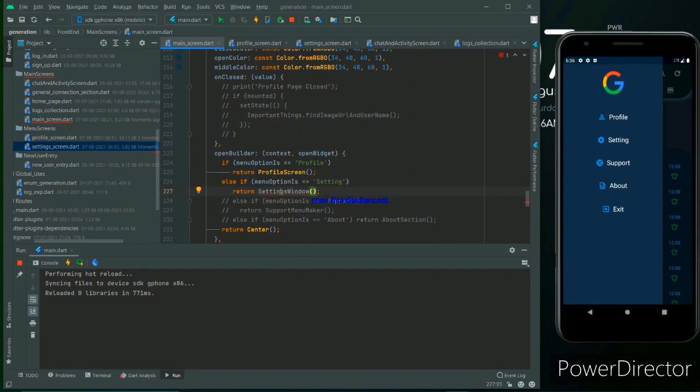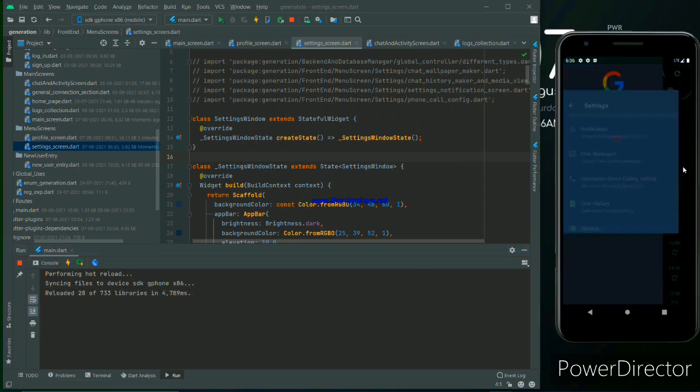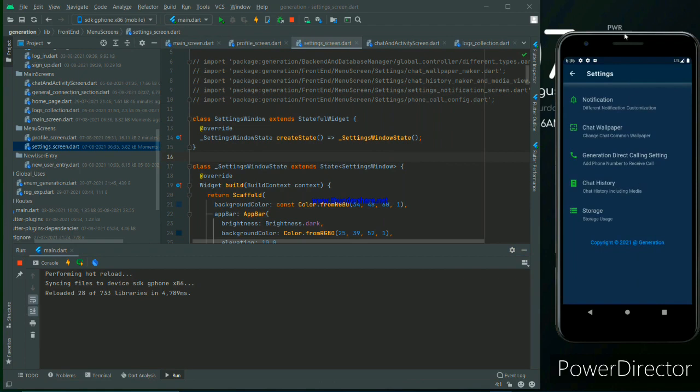That's the setting window, it is already present and we have to import it from here. Okay, we make a save and hot reload. Actually it takes some seconds. Yeah, open the settings. This is only shown here, but I will explain the code.